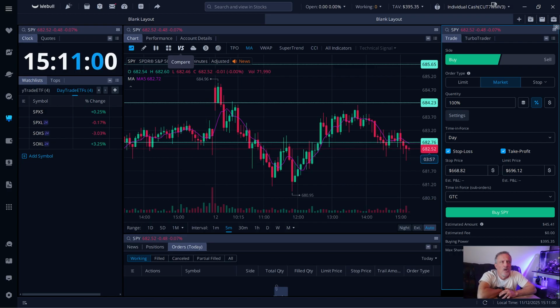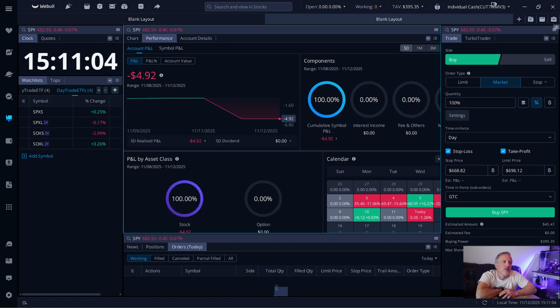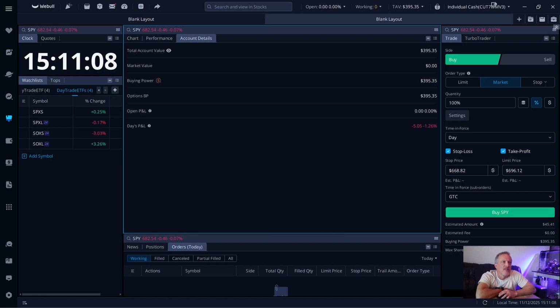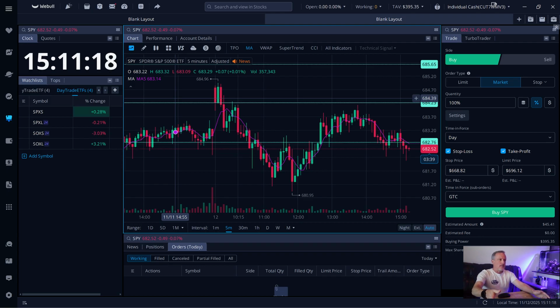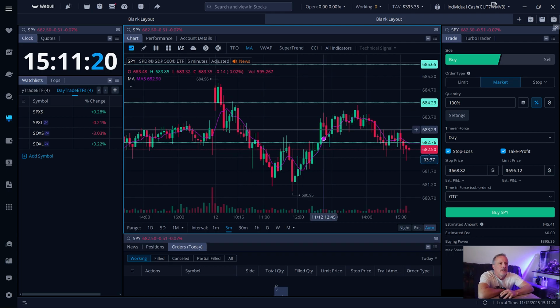So there we go. We have our chart up here for performance. This will tell you how much you're down for the day, P&L, account value, and then your account details tells you buying power. You notice mine's not very much. I'm just starting out. Last week I did $500 and I lost 180. This week I'm doing a lot smaller, less risky